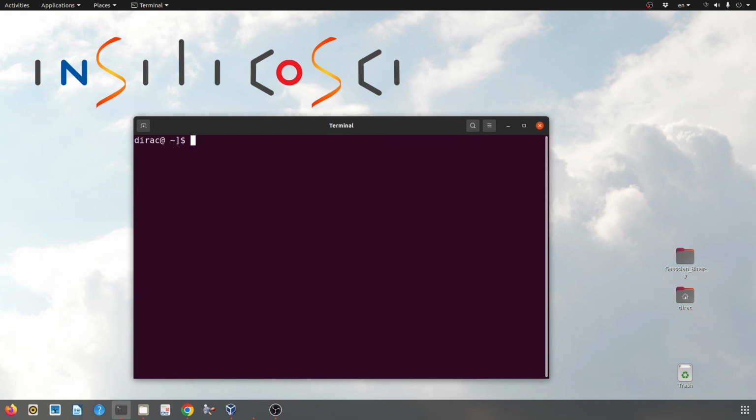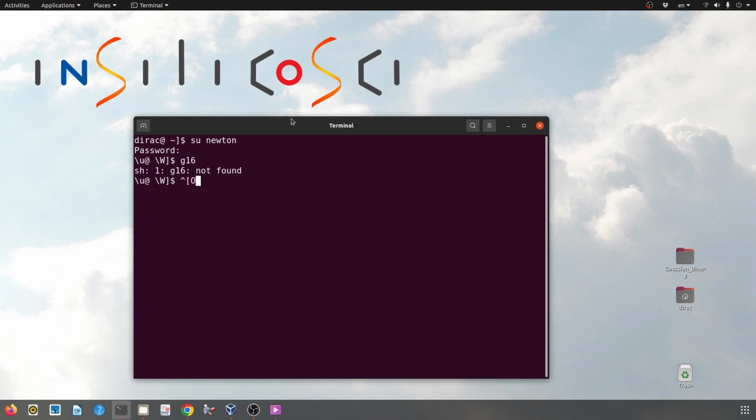Now let's say we have another user like Neoton, which we didn't install Gaussian on. First, let's switch to Neoton by the su command and then type the password. And now we are in the Neoton user. Okay, now I act as the Neoton user, and if I check the G16 command again, it says that there's no G16 command on the system.